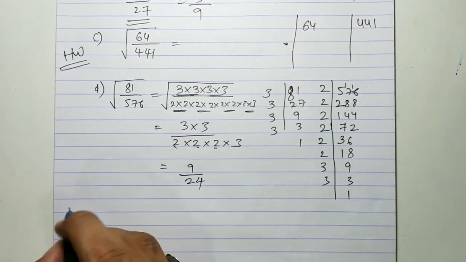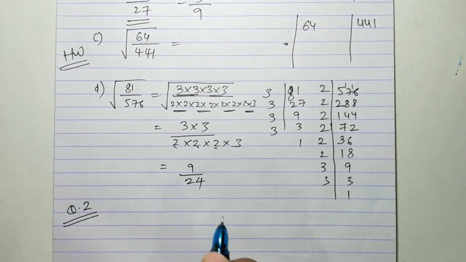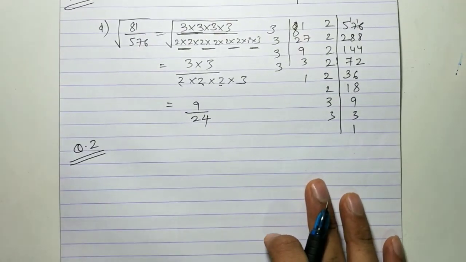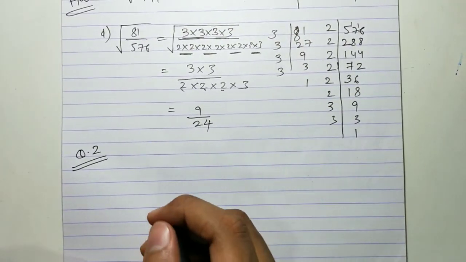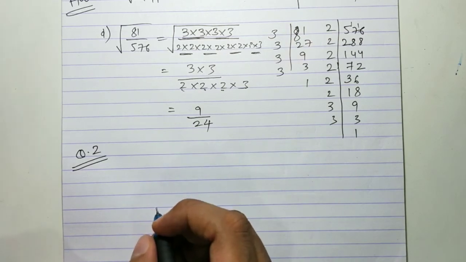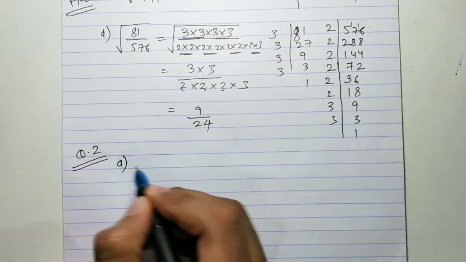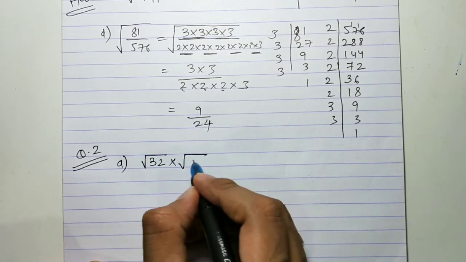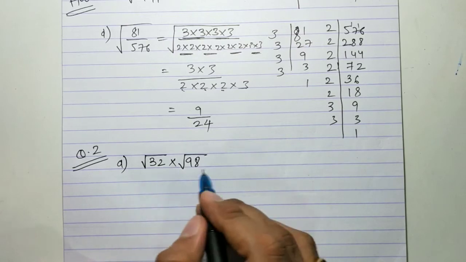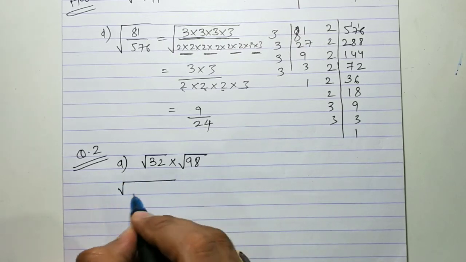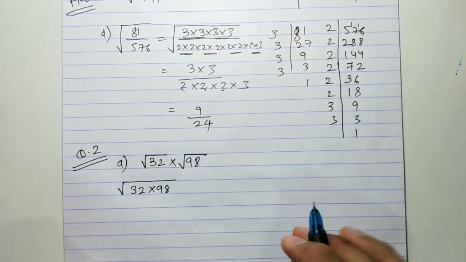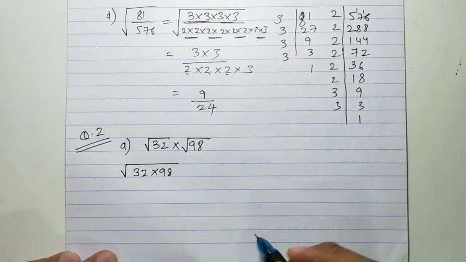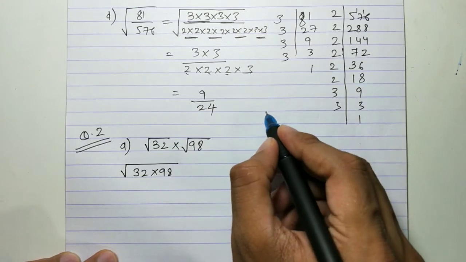Okay, let's come to question number 2. You can pause the video anytime, copy it properly, you have that flexibility, so I will keep on solving, I won't wait for you to copy. You can pause the video and continue. The next question is square root of 32 upon square root of 98. So what you have to do, you have to merge both the square roots. You have to write it like this, 32 into 98. Okay, now split 32, split 98. Do the prime factorization if you do not know directly.